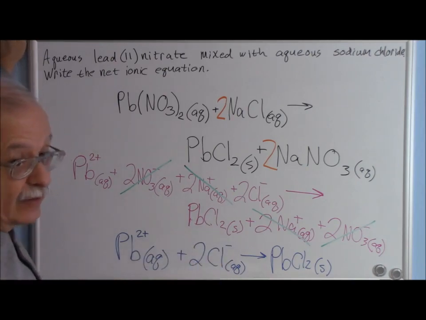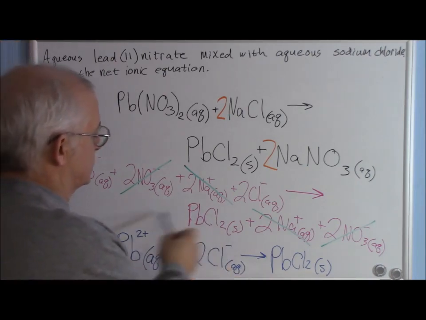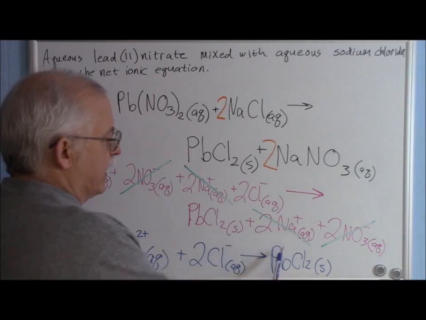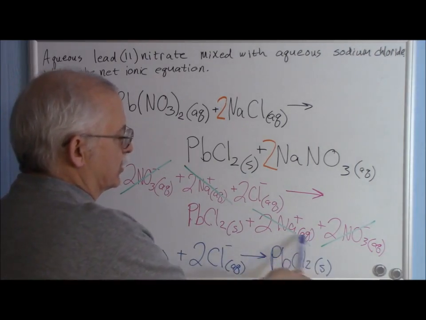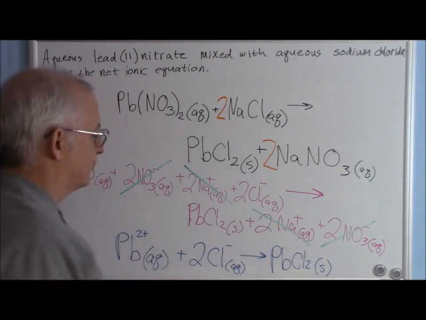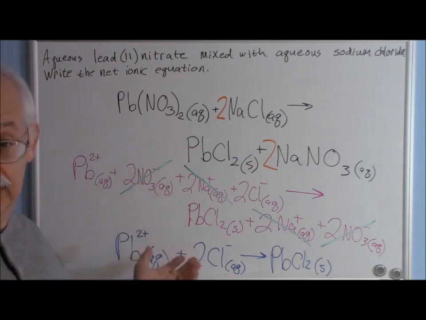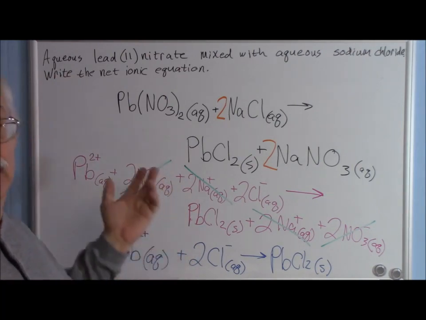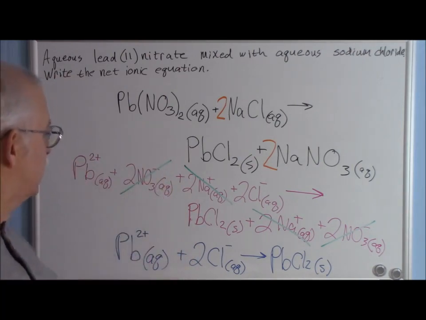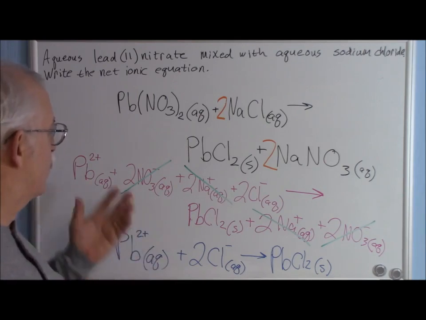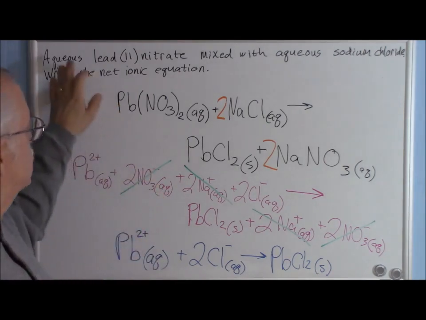Well, those cancel to give us a net charge of 0 on the left, and there's no net charge on this precipitate. So there it is, a completely balanced, atom-wise and charge-wise, net ionic equation for the original reaction of